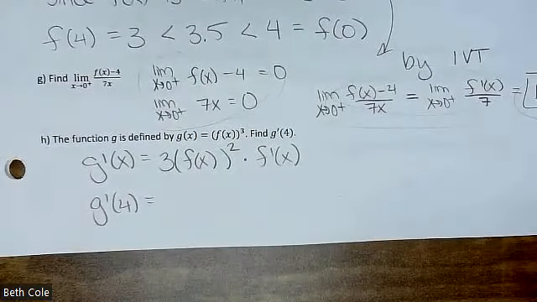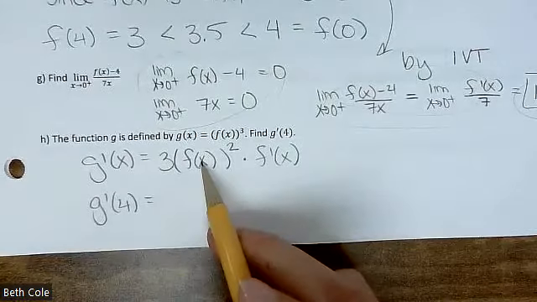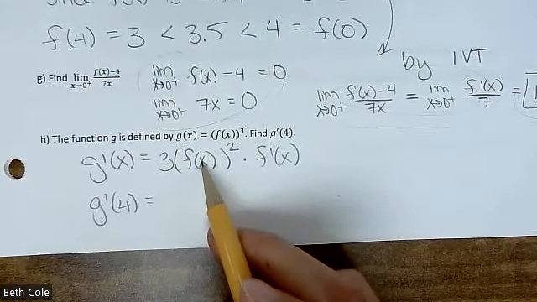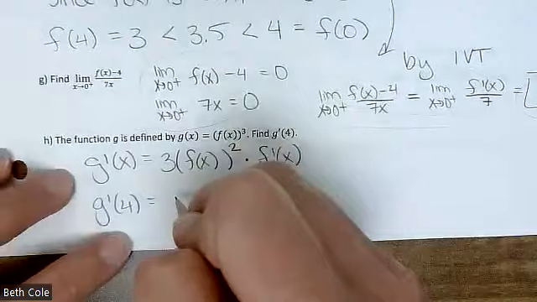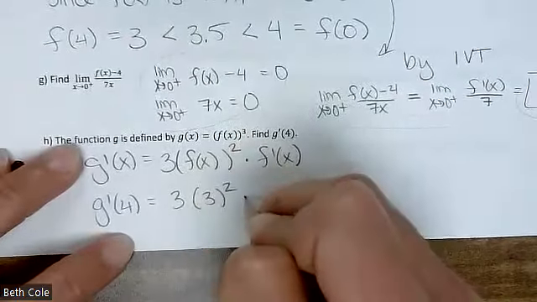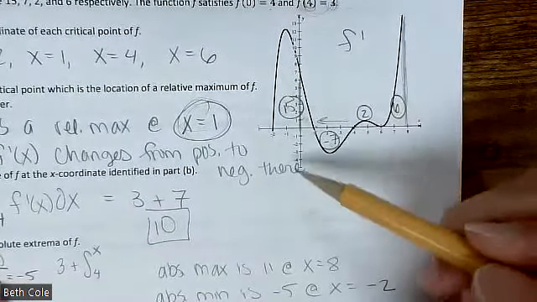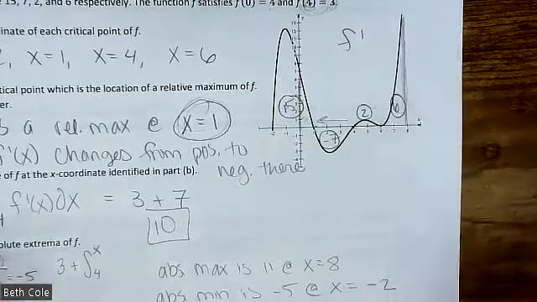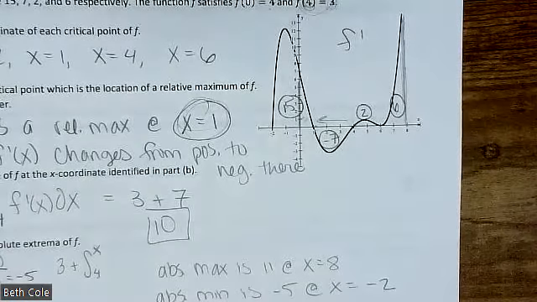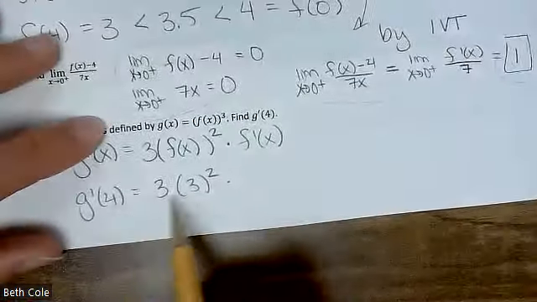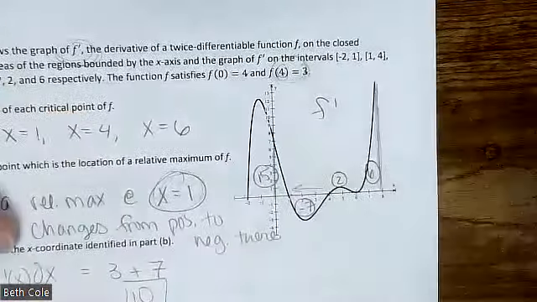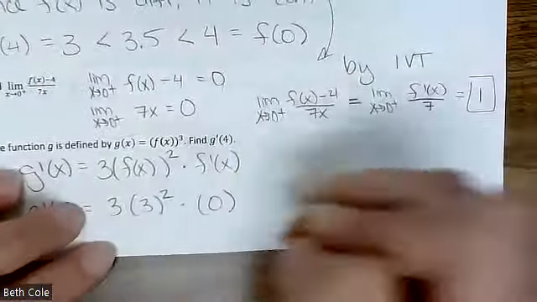Cool. And then we're going to plug in 4. What is f of 4? Hint, they told you at the beginning. Was it 3? And you don't have to evaluate that, so don't. All right, and then f prime of 3. Again, this is the graph of f prime. So what's f prime of 3? Or I'm sorry, not 3. I read it wrong. What are we plugging in? 4. I'm sorry, there were so many 3s. So actually the whole thing is 0, but